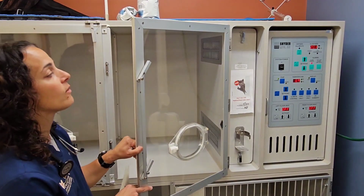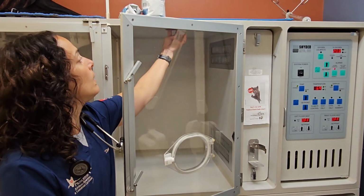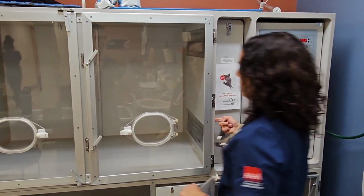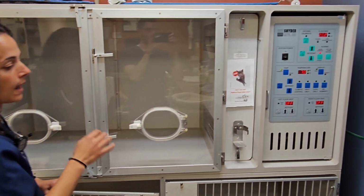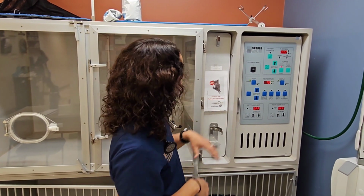Another thing when we're setting up the machine is to make sure all of the ports are closed. So there's a red cap that covers a port right here. There's one on the other side, and there's one right here. We want to make sure those caps are on, otherwise the oxygen will leak out of those holes, and we won't be getting as much oxygen to our patient. So to calibrate the machine,